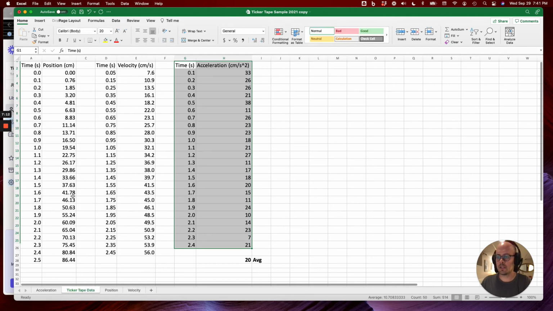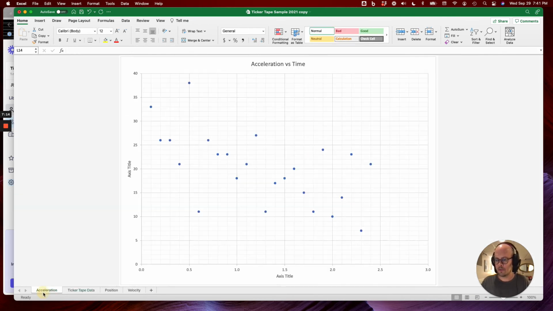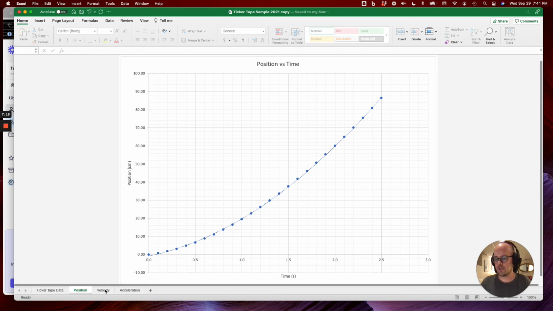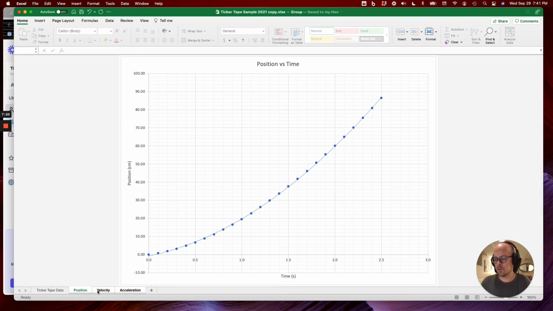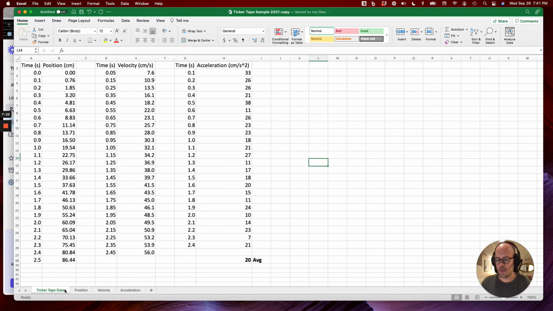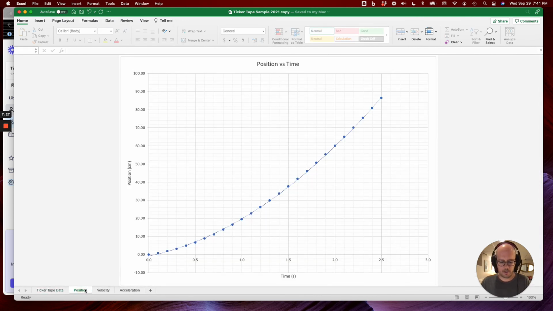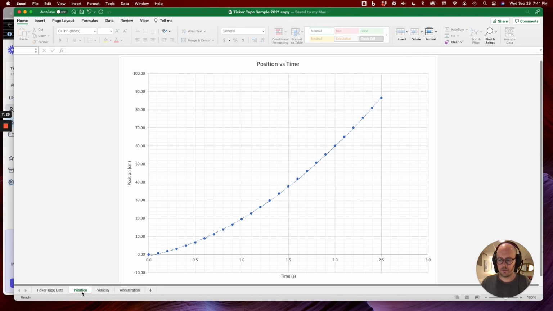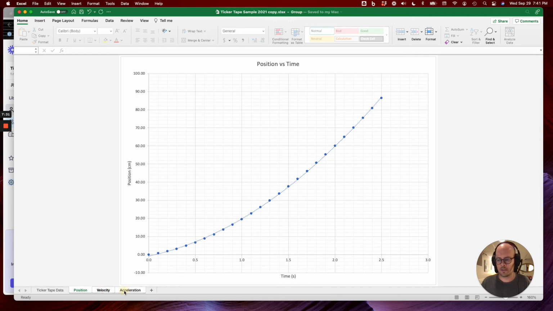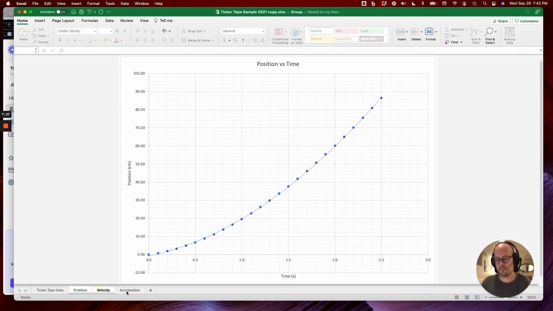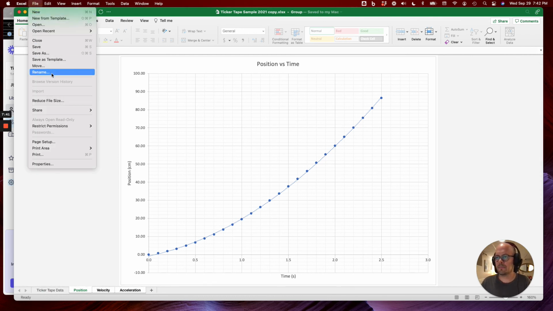So at this point in time, you want to print everything except your data. So position, velocity, and acceleration. So I believe if on a Mac machine, you would hold down Command, and you'd select position, and then velocity and acceleration. On a Windows machine, you would hold down Control and do the same thing, and it would select all of them. When you go to the print menu,